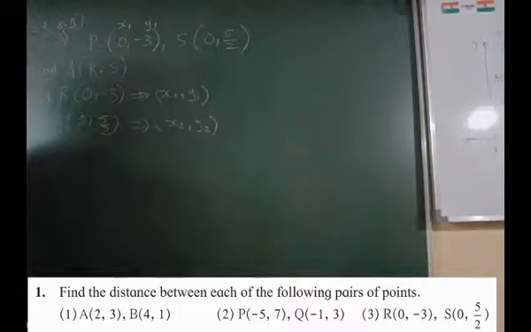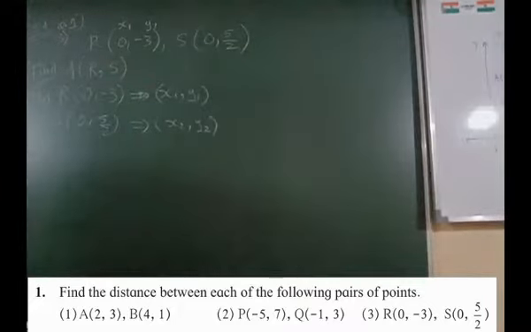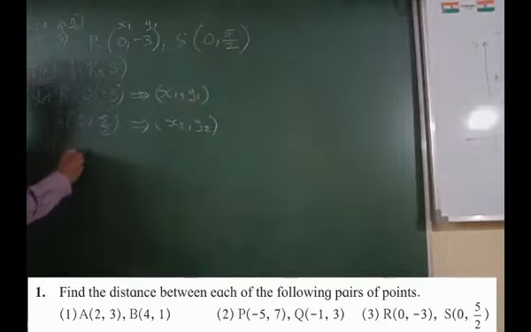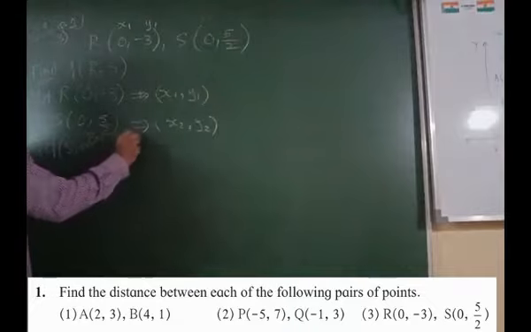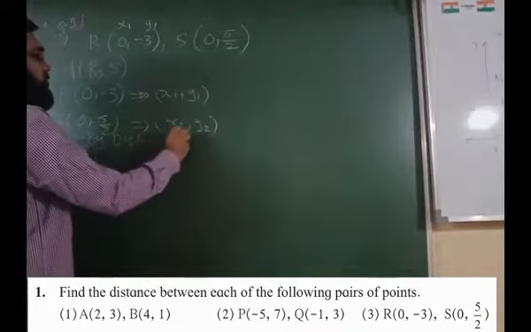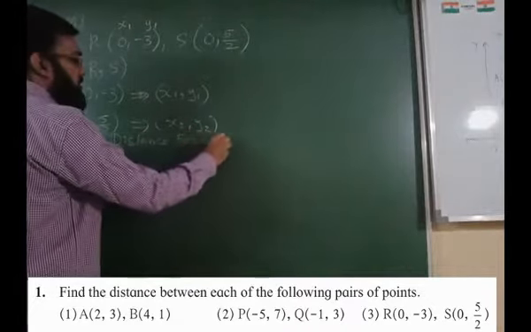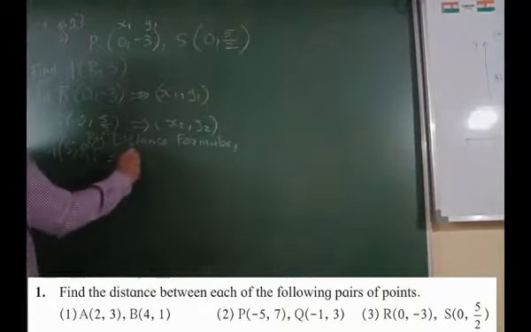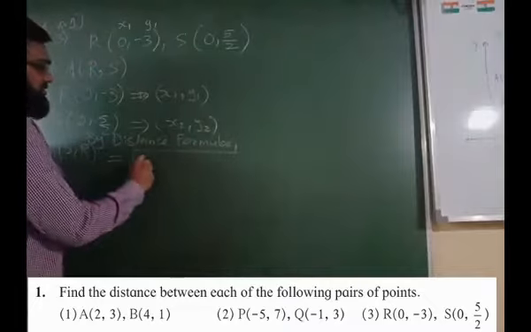If you remember, in the formula we had this x1 y1 and x2 y2. Okay, now what is the distance formula? Distance s comma r. By the distance formula we get, okay, what do we get? Distance s comma r, I will just write the formula first here. That is what?